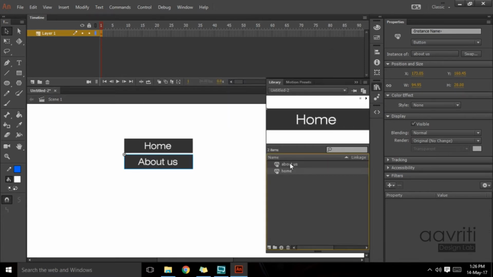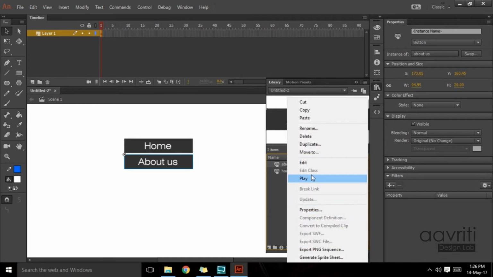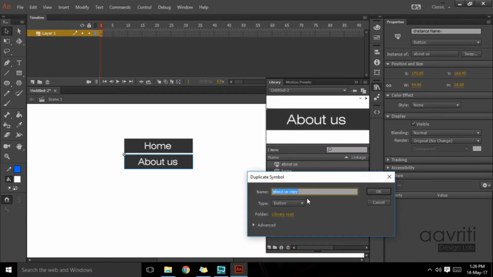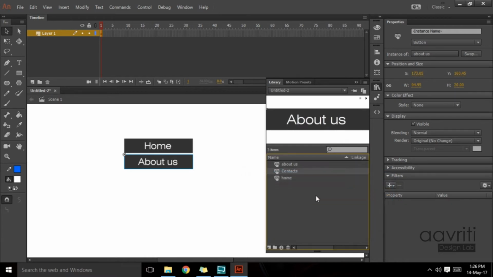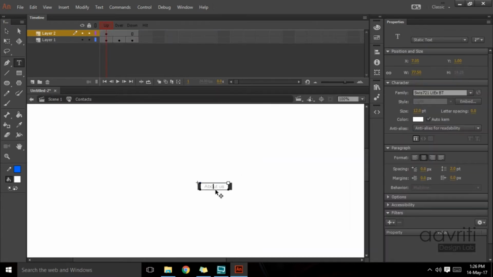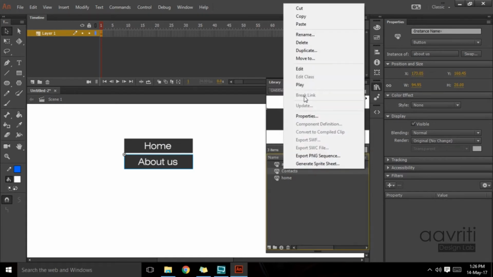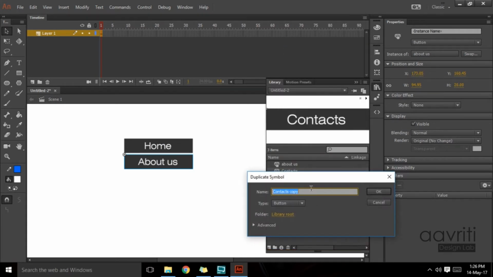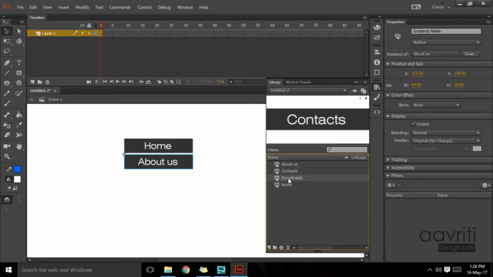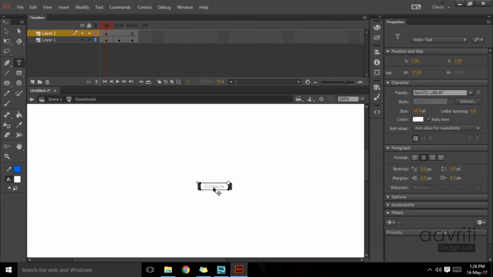Okay, so I'll quickly make a few more. I'll right click, choose duplicate, and I'll write here contacts. Okay, I'll copy the same text here, Control C, say okay, go inside the contact and double click on it and then paste it here as well, come out. Okay, then again I'll go back, right click on it and then choose duplicate, and this time I want downloads, copy the text, Control C, okay, go inside download and change the text here as well,